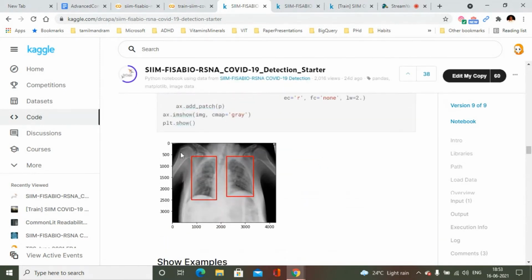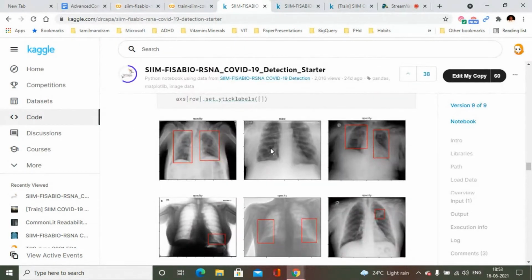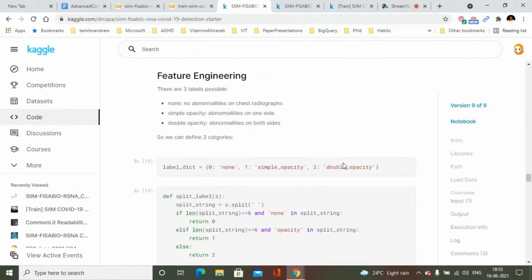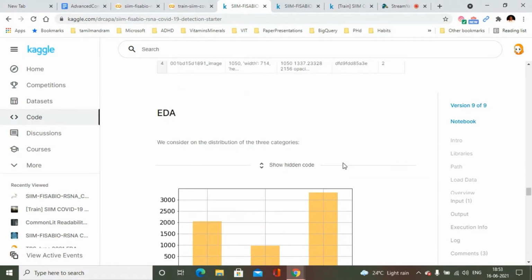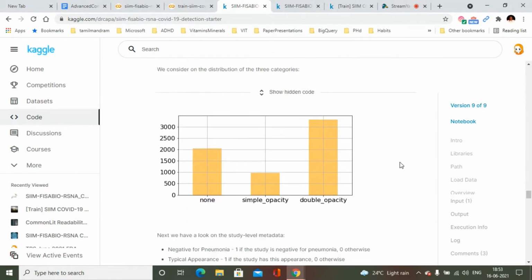This is a simple example showing one image. You can do it for different images as well. For this particular example, the patient doesn't have any opacity, so there are no bounding boxes. For the other images, you have opacities. If you do a simple EDA, you'll see how many images have no opacity at all.